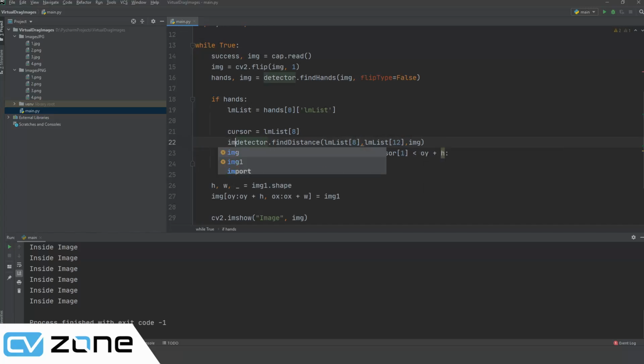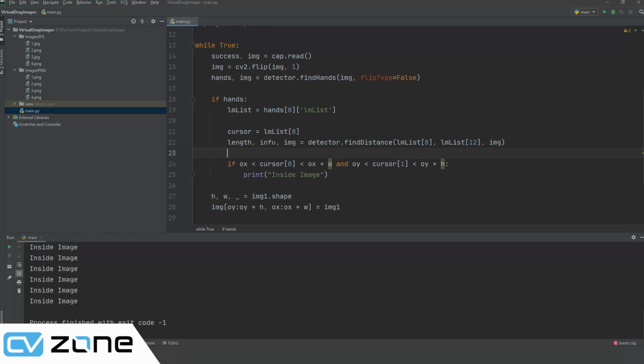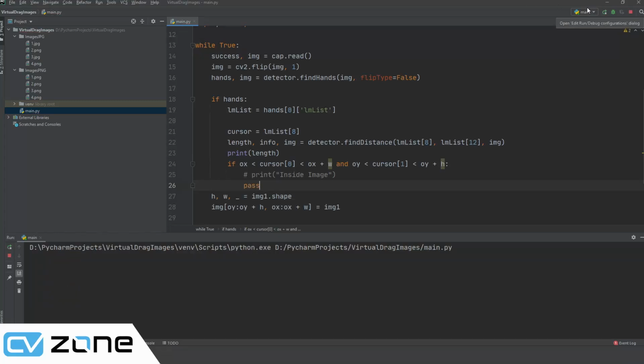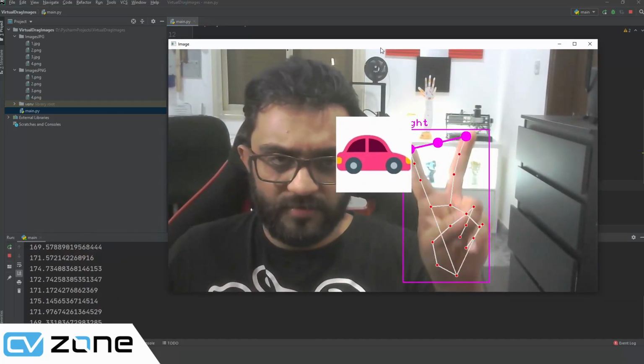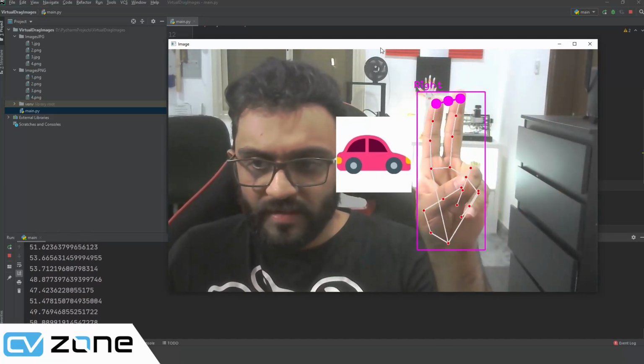So we are going to get back our image, and we want the length, the info and the image. So these are the things that will be returned from this findDistance method. So now it should draw, and we can simply print the length. So we can remove this print, and we can simply write here pass, just for now. So we are going to get our length. So if we do this, you can see it is giving us our length,